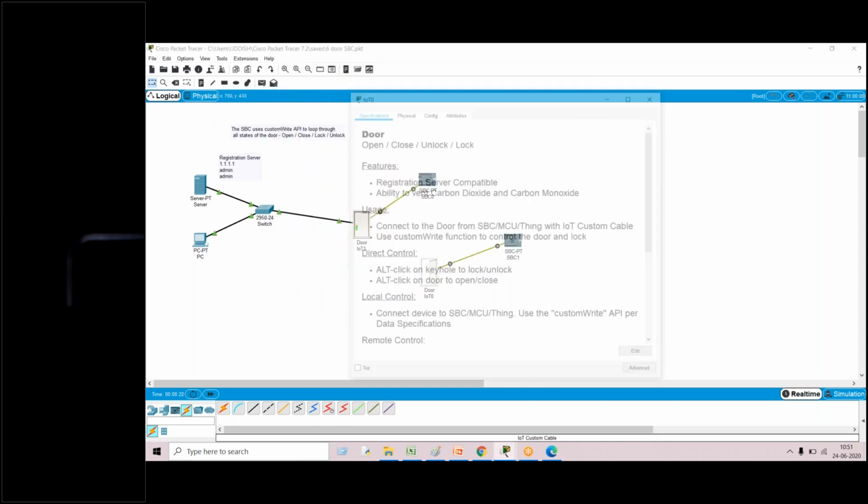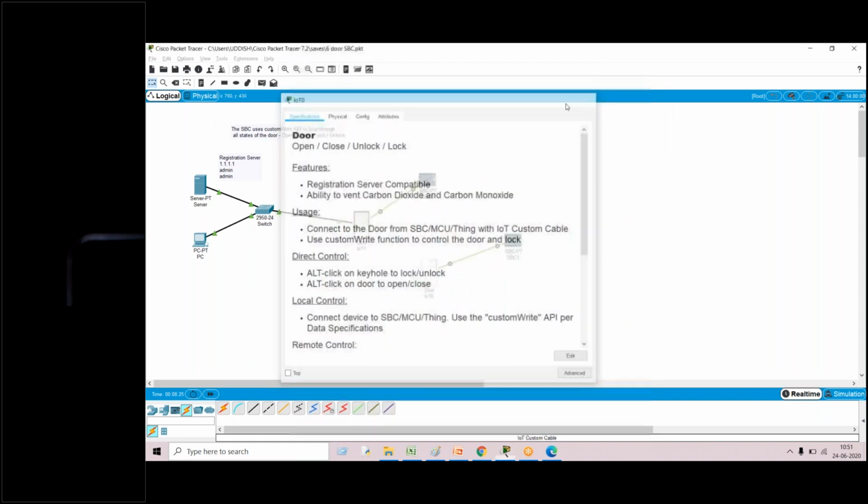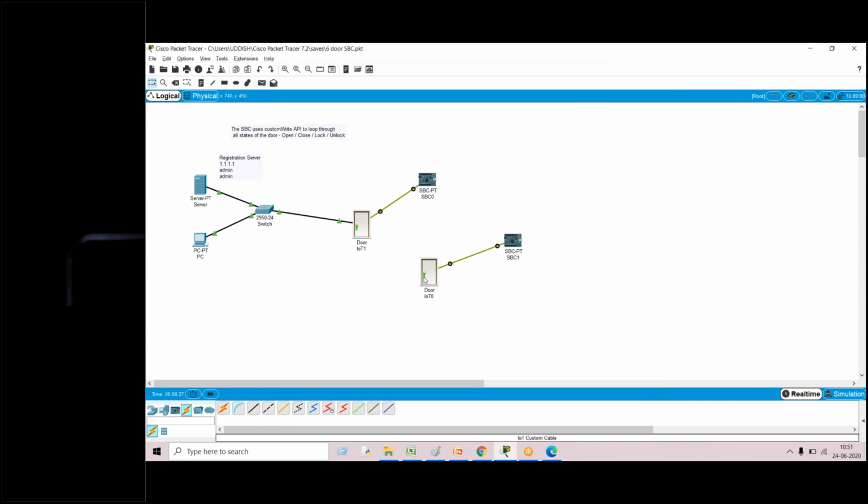Okay, you can see now the door is locked. Even if you click on the door, it is not opening. The red color you are seeing over here means the door is locked, and even if I click on the door, it is not opening.